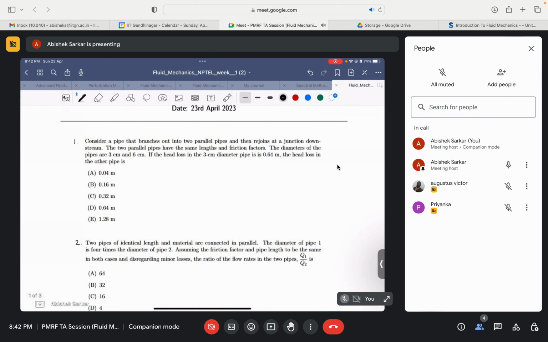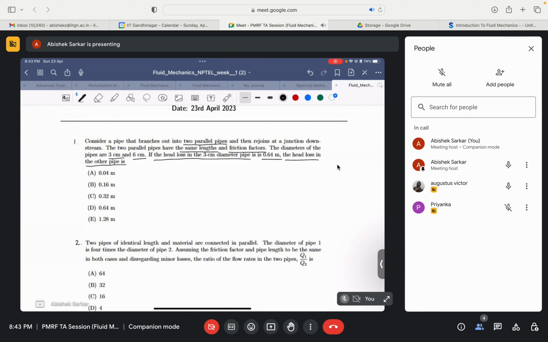Okay. Let's go to the first question. Consider a pipe that branches out into two parallel pipes and then rejoins at a junction downstream. The two parallel pipes have the same length and friction factor. The diameters of the pipes are 3 cm and 6 cm. If the head loss in the 3 cm diameter pipe is 0.64 meter, the head loss in the other pipe is given by